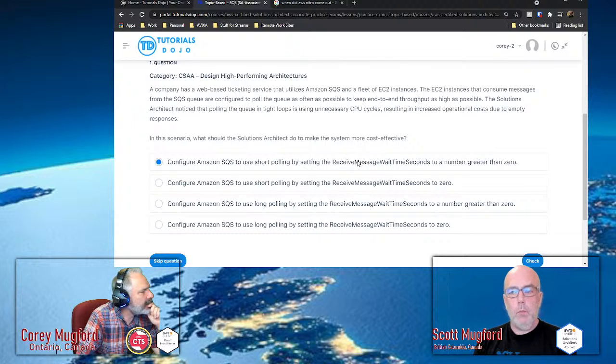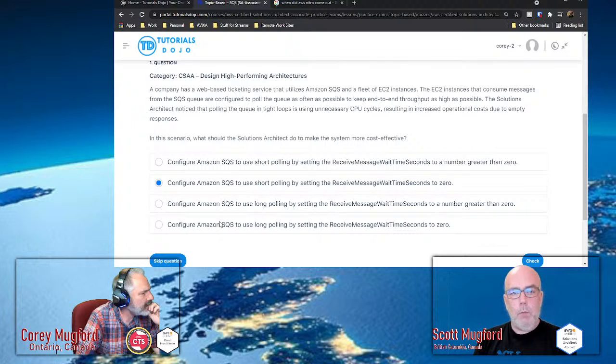So a company has a web-based ticketing system, consumes messages from the queue, configured to poll the queue as often as possible to keep end-to-end throughput. So it means it goes to the next thing in the queue as fast as possible. If it's greater than 0, the minimum would have to be 1, if it's whole numbers. So it'd be a 1 second wait time between. Yeah, that's what I was thinking. No, you're right.